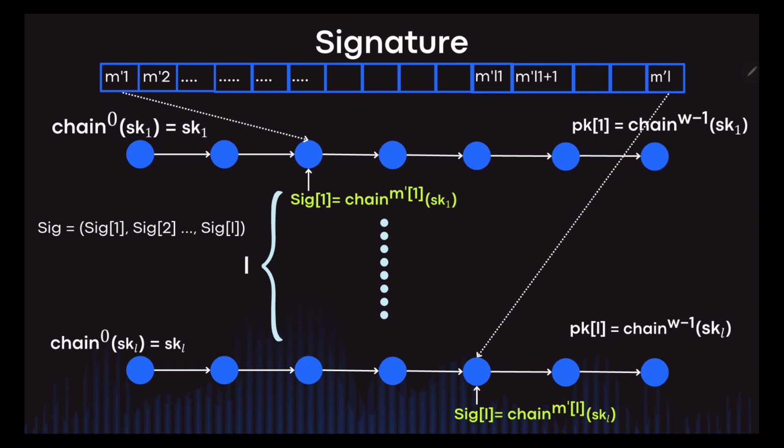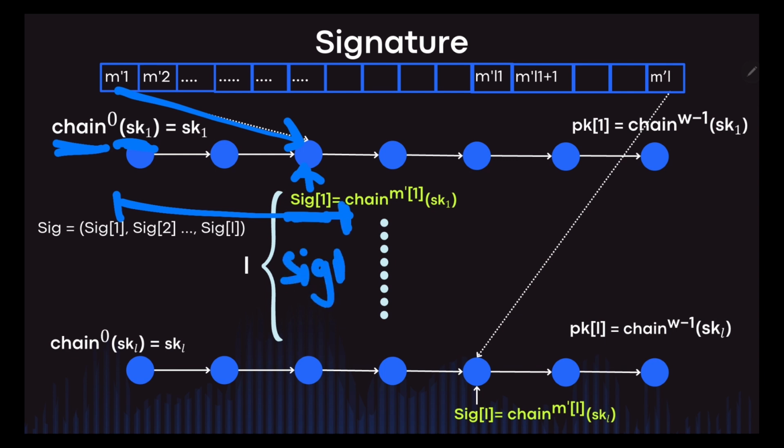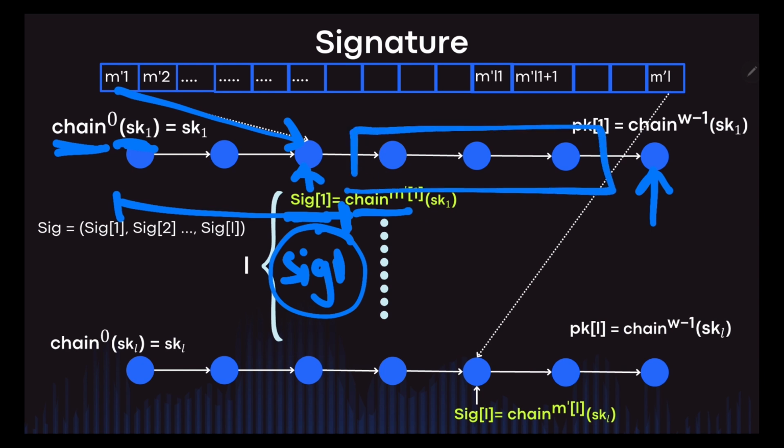Now how will we get this signature? As we have discussed in the above slide, this is the private key. We'll apply the chaining function, and if we consider this step to be the step of M1, then here we will get the signature of 1. Similarly, considering this signature 1 and the chaining function in all these above variable nodes, we will get here the public key.